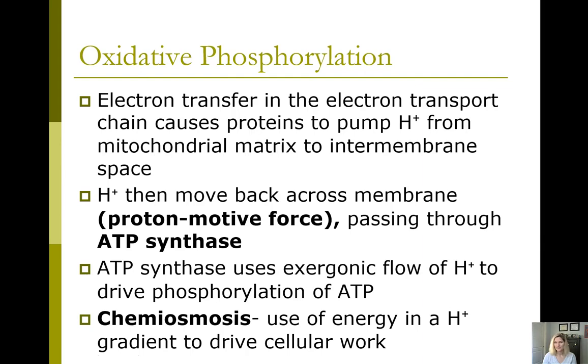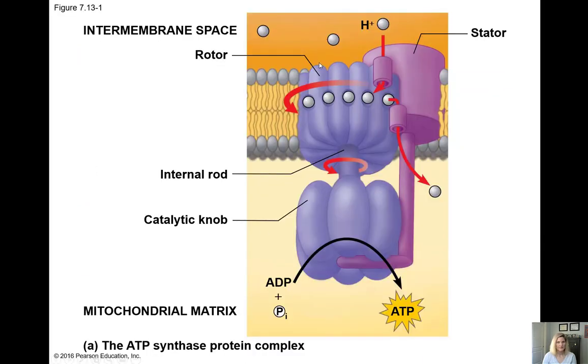So let's look at a visual, make sure we understand it. Here is our membrane, phospholipid bilayer, and then here is that ATP synthase, that protein that's embedded in the inner membrane. You can see it's a pretty complicated looking thing. It's a schematic drawing of it, but we have all of this huge hydrogen ion concentration on the other side, in the inner membrane space. Here's the matrix inside, so these hydrogen ions are going to want to go from high concentration to low concentration, right? So they're going to be going through this